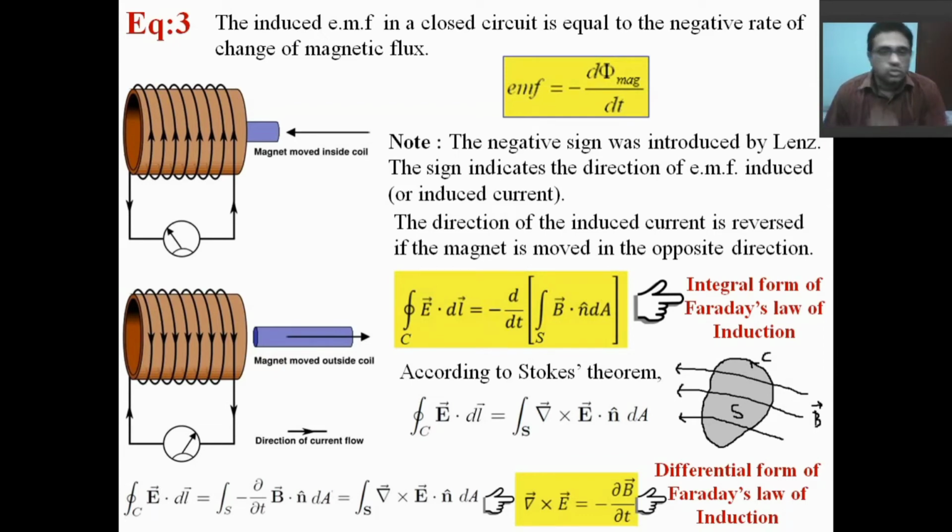So that's why when we put this d dt inside this integration, we are seeing only the rate of change of the magnetic field, okay, the rate of change of the magnetic field. That's why we are putting this del del t. Here we are considering only the magnetic field is changing, the area is fixed. So that's why the curl of the electric field is minus del B del t. This is the differential form of Faraday's law of induction.